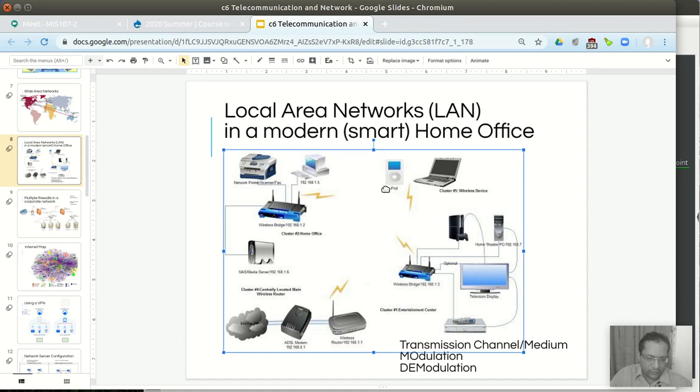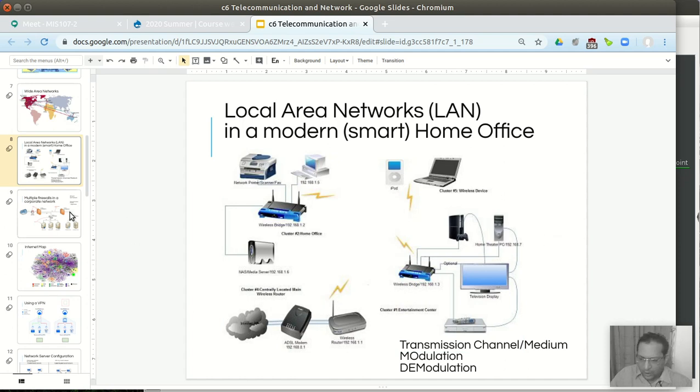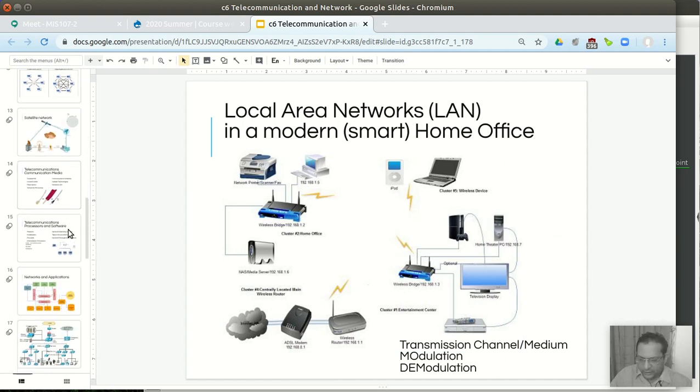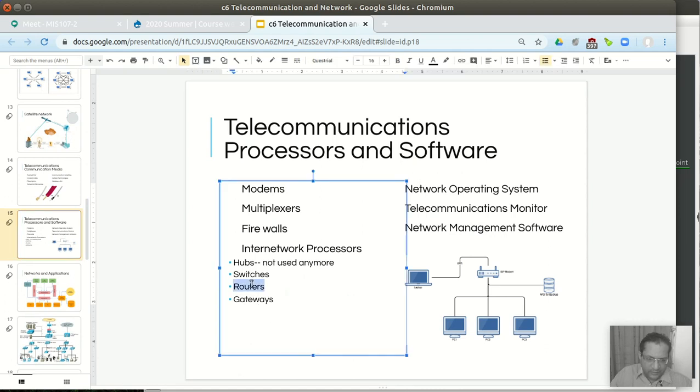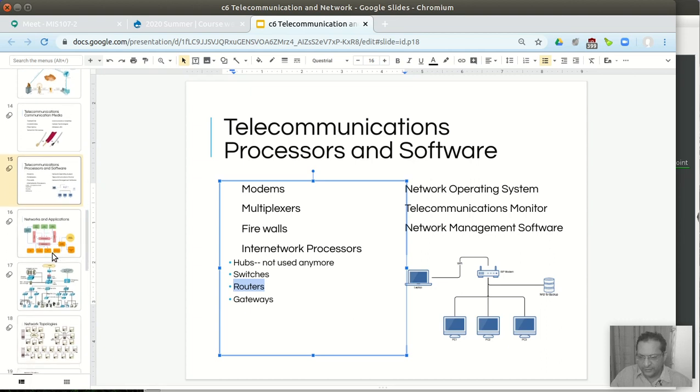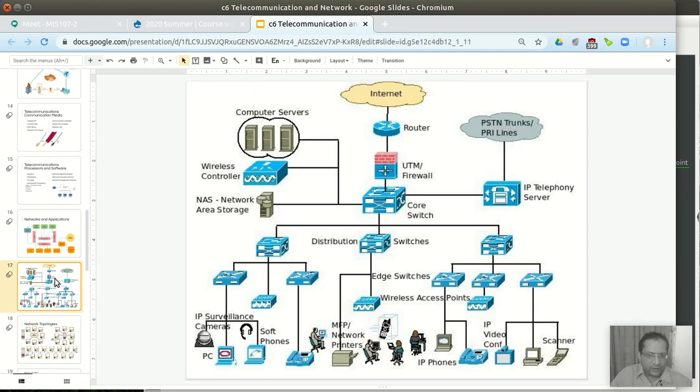Whenever this smartphone or this computer requests some information, the router can figure out if they are requesting information from one of the local machines or through the internet, and it will route the message accordingly. All right, so that is one of the nomenclature. So router. Gateways are where your internet exchanges connect, right? Let's see if we have that over here.